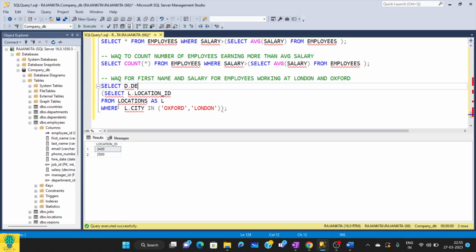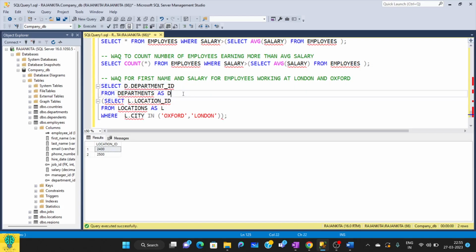Okay, and we are going to find what? Department ID, department ID from departments. That is the name of our table, and we'll be referring to it as D. Select department ID from departments, where